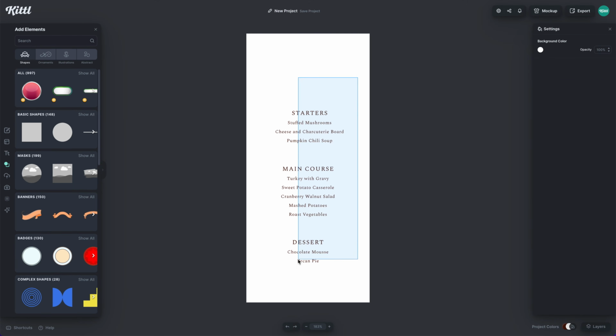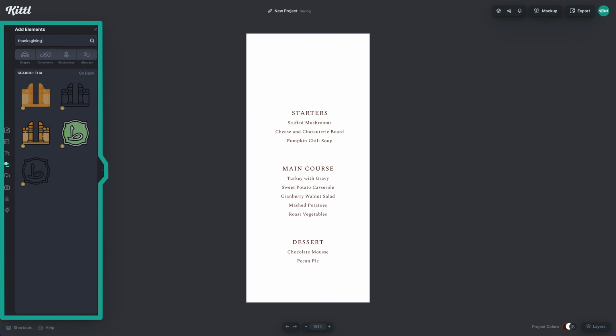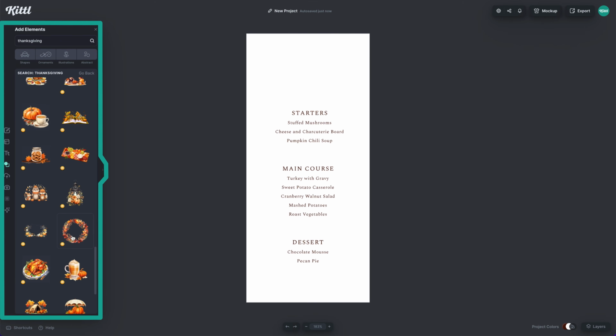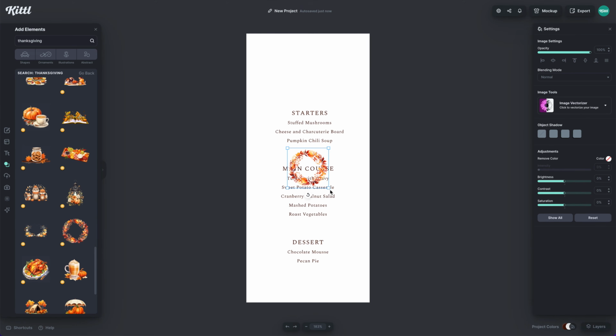And then what I can do is grab all of them, again, hit the tidy tool, and then boom, it just slightly adjusts the text spacing. Let's go back over to the elements and type in Thanksgiving. And what we're going to do is, instead of the giant illustrations, I'm going to grab this wreath here,